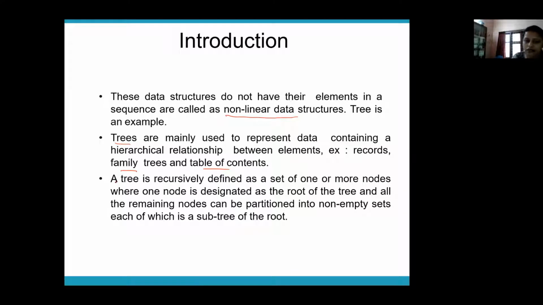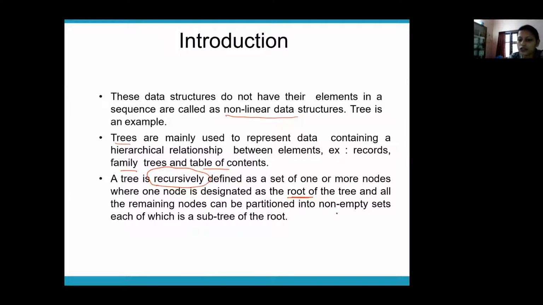Now let's see the definition of a tree. Okay. A tree is recursively defined. Note this word, recursively, as a set of one or more nodes. So there will be a set of one or more nodes where one node is designated as the root of the tree. So the one node will be designated as the root and all other nodes are the children of that root node. Okay. So one node is designated as the root of the tree,